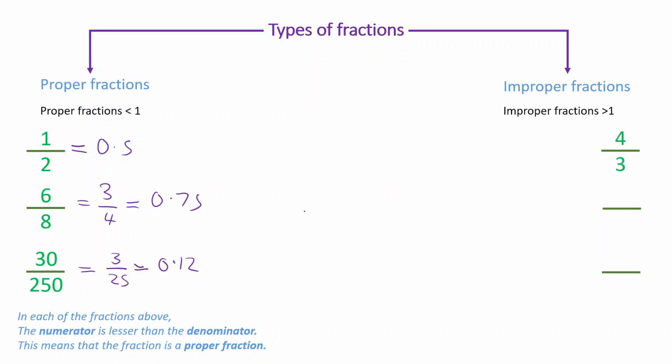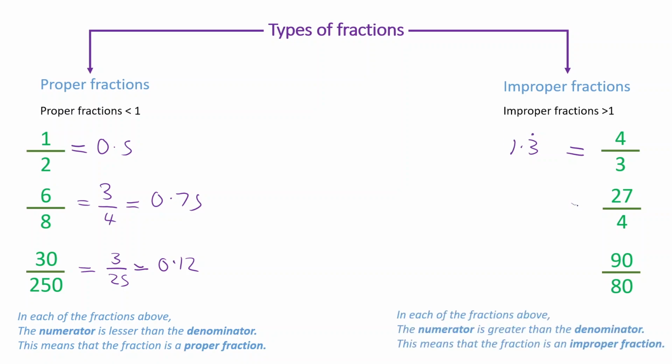Improper fractions. Improper fractions are greater than 1. For example, 4 over 3, 27 over 4 and 90 over 8. 4 over 3 equates to 1.3 recurring. Now if you don't know what this means, I'll add a card to another video which explains what recurring decimals are. Next, we have 27 over 4. 27 over 4 equates to